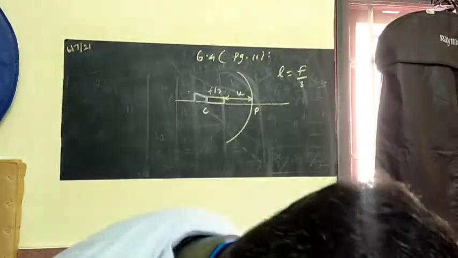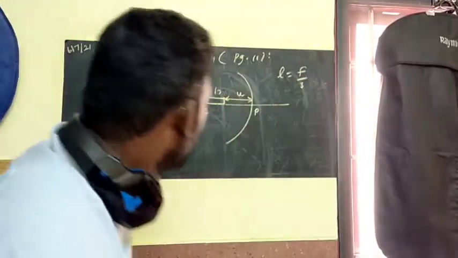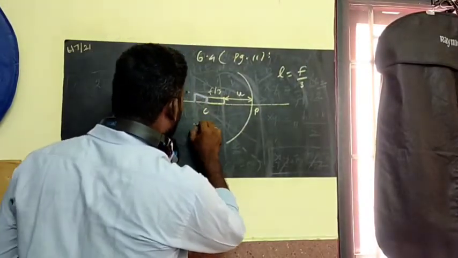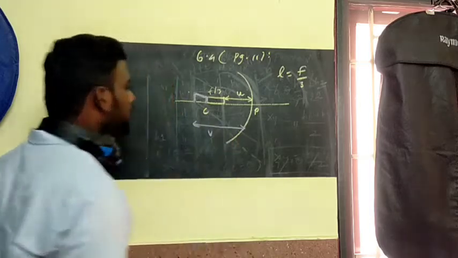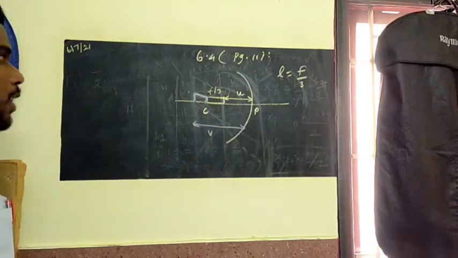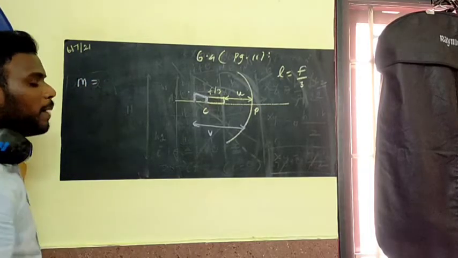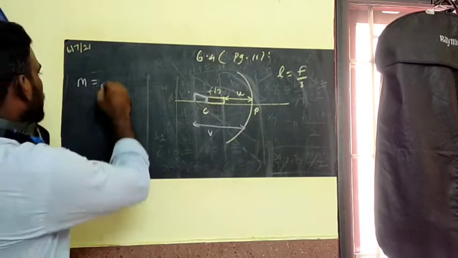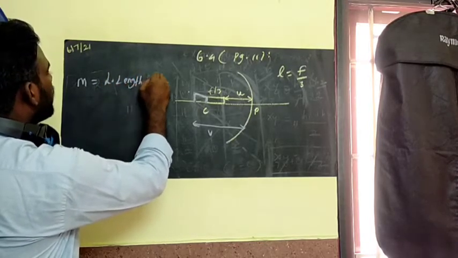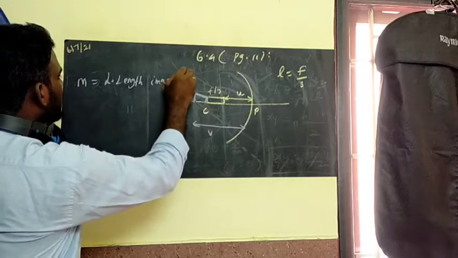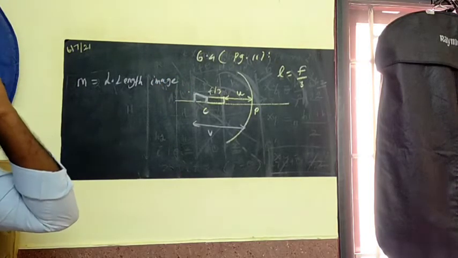So we want to know its magnification. I can write, this will be V, that is the image distance. Is that clear? So first of all, I want to write the magnification. What is the magnification? The magnification is equal to the longitudinal length of the image divided by the longitudinal length of the object, just as image distance by object distance, or height of the image by height of the object, we can use anywhere.